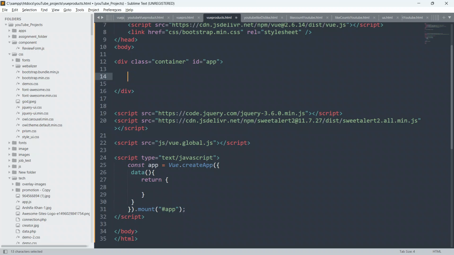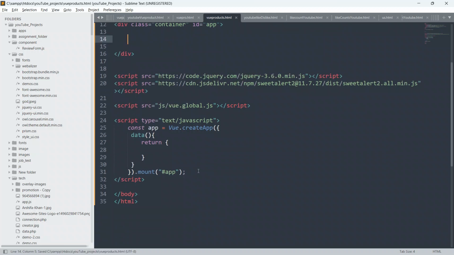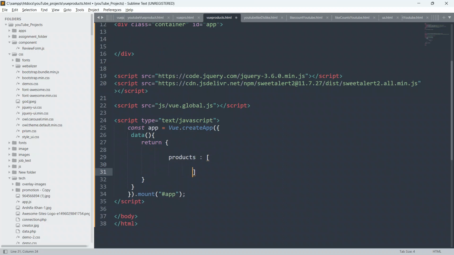Now I am going to create some objects of products. So we have to create an array. So give products, and we have to create an array of products.